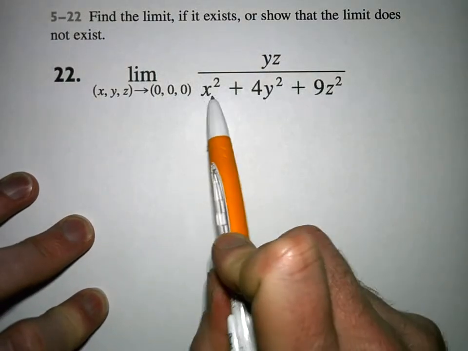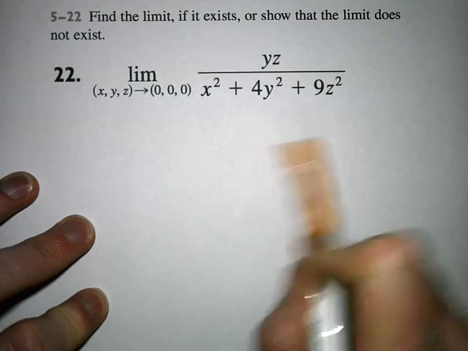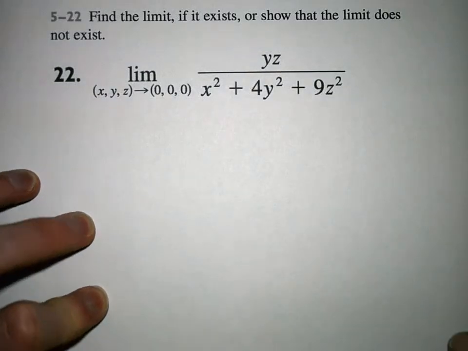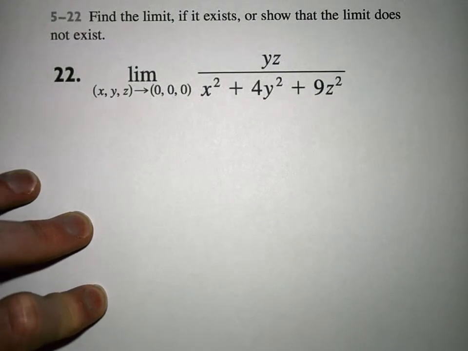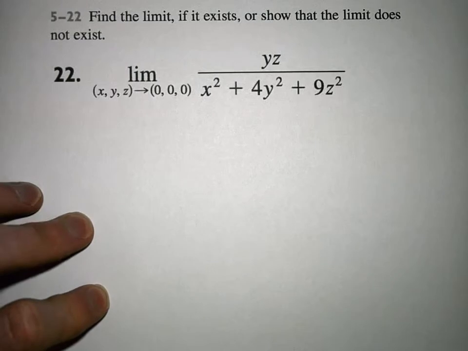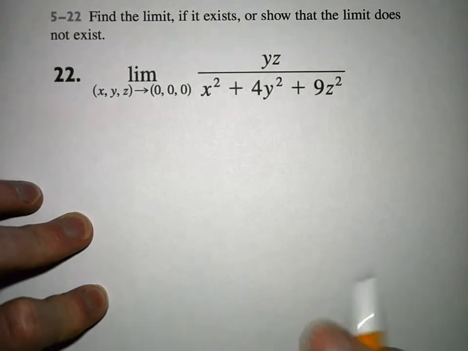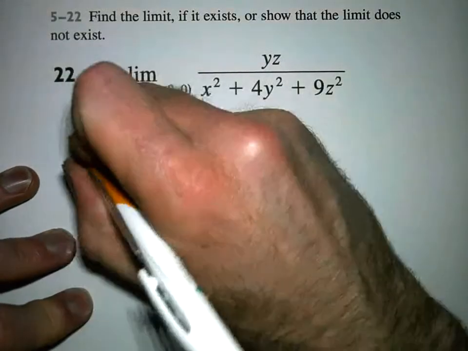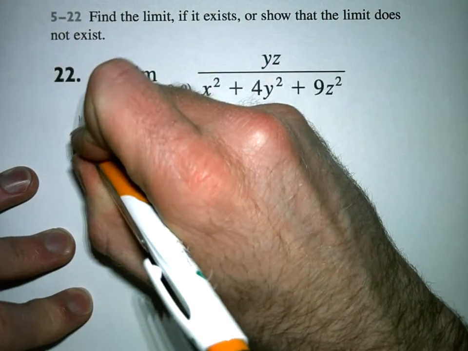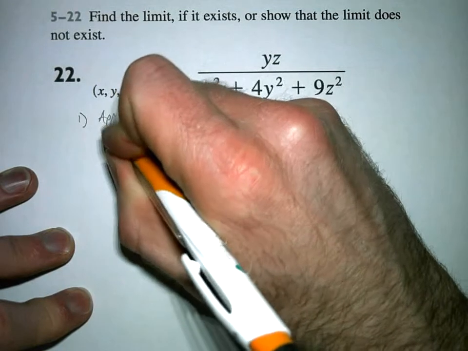In this case, no, because if you substitute (0, 0, 0), you end up with dividing by 0. So this is not a nice continuous function at that point. Let's go ahead and see if we can prove that the limit does not exist. To show that it doesn't exist, we just need to exhibit two paths, any two paths where the limits along those paths are different. So our first one we're going to try is we're going to approach the point